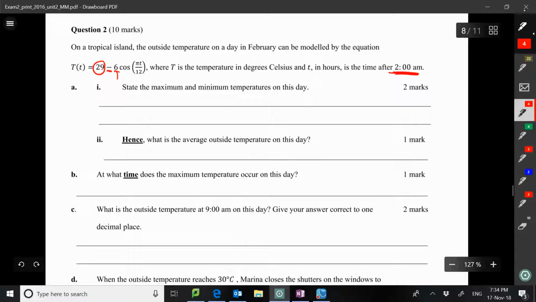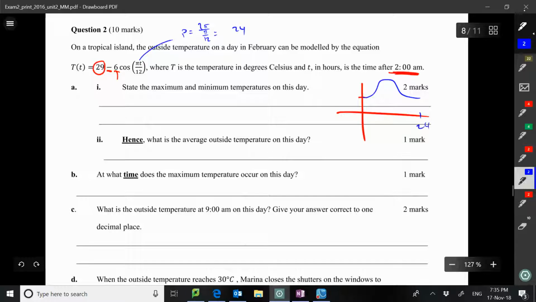I can already picture the graph in my head. I'm sort of like, well, up by 29. So up by 29, and it's reflected, so it should look something like that. Okay, and the period equals 2 pi on 12, which works out to be 24. So the period is 24, and it's in hours, so this is a 24-hour period, and the amplitude, so